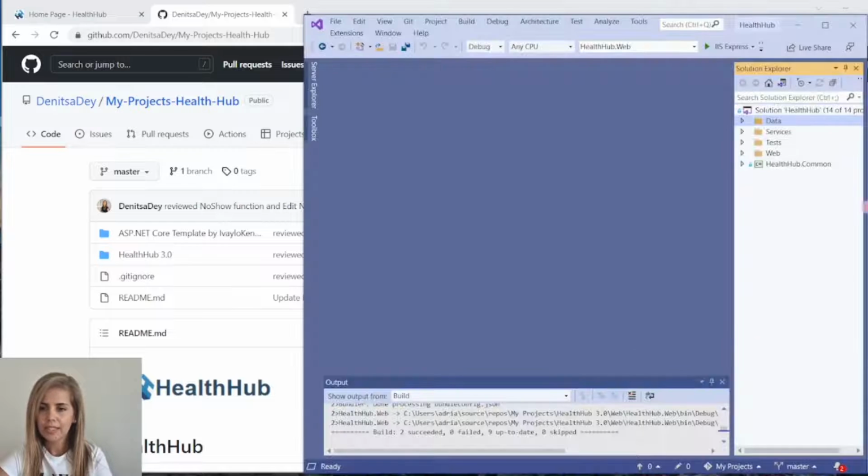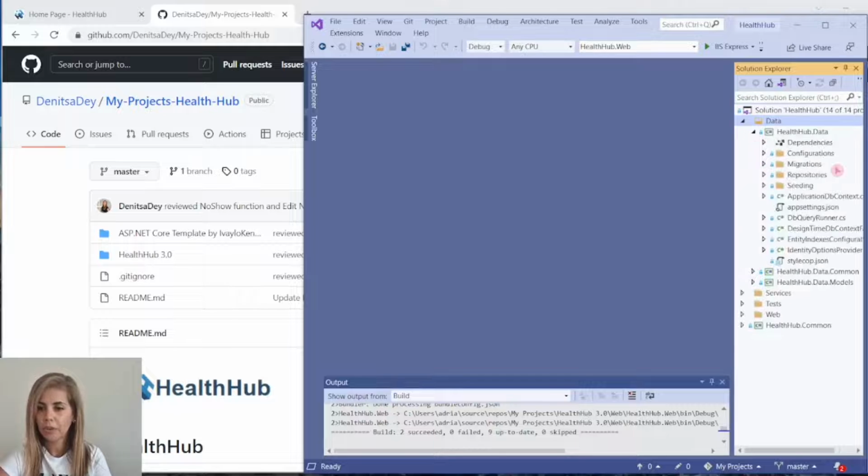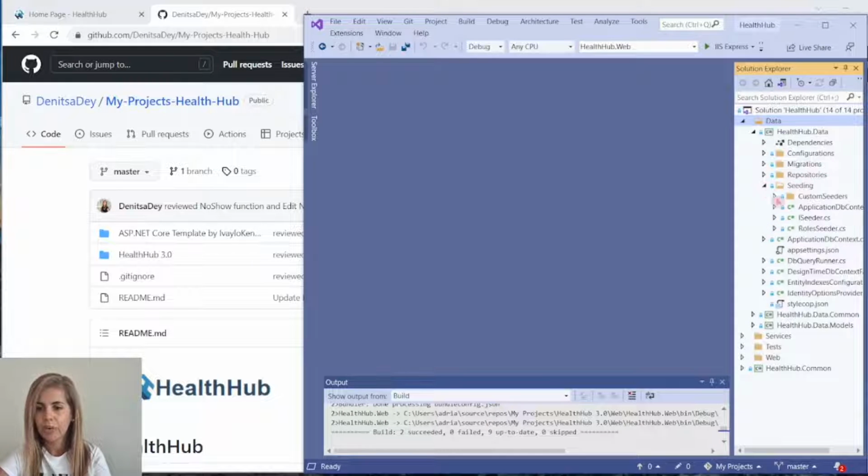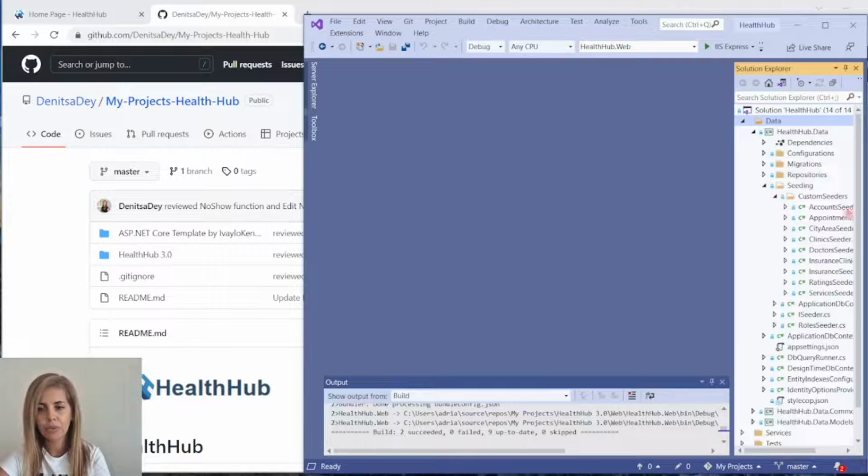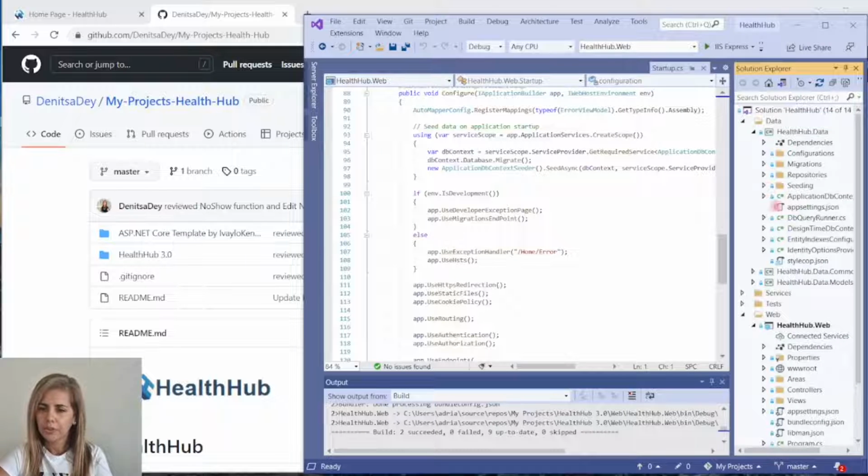This solution consists of 14 projects that are separated into 4 folders. The data folder will be holding the repositories, the migrations, and some seeding, where I have done custom seeding in order to populate the database and to be able to demonstrate the functionality of the web application. Going back to the data folder,